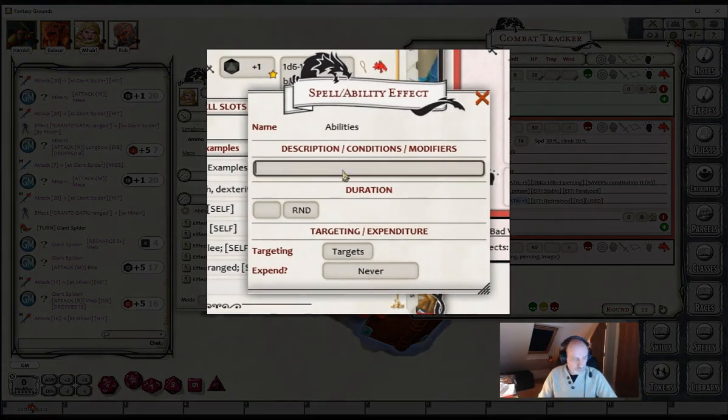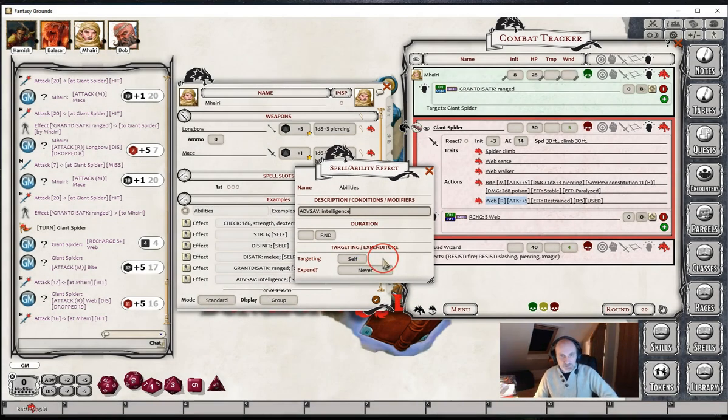Let's add a new effect, and we're going to do the ADV again for advantage, and we'll give advantage to saving throws, so it's SAV. We need our colon. We can then modify this and restrict it to a particular ability or save. So if we left it as it is, it would give advantage to all saving throws, but if we type in intelligence here, for example, all in lowercase, put the target as self, then it's only going to give advantage